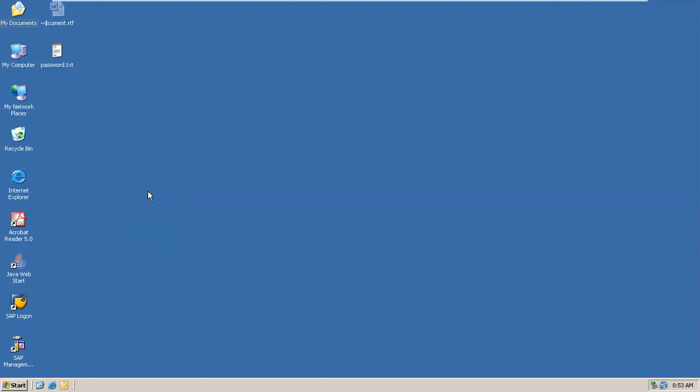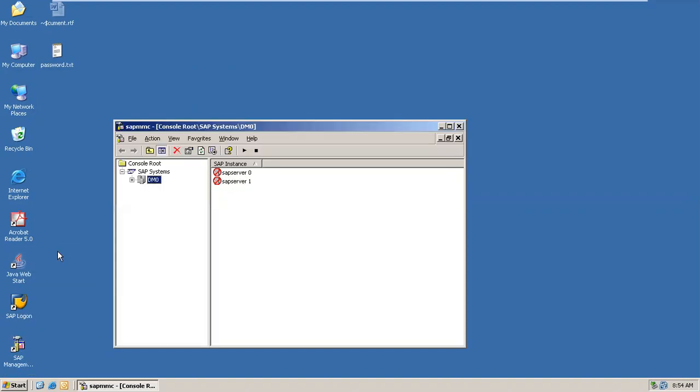So in real-time cases, your server will be working 24/7. But here, since this is your own setup, you don't need any internet connection. You have to switch on your server. This is the server setting. So SAP Management Console. Click on this, open this Management Console. This is how your server looks here.